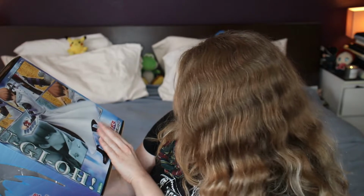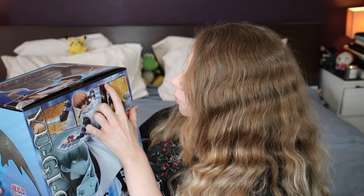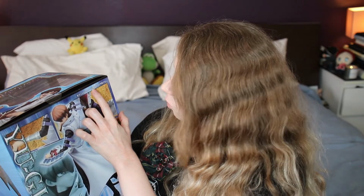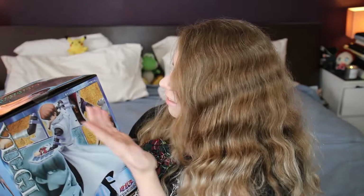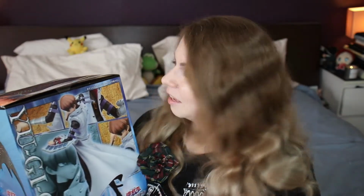Oh, it just says Yu-Gi-Oh! Kotobukiya. And then here it says, Dueru Disku wa, don't know that kanji. So all I got from that is I can only read hiragana and katakana in Japanese. I cannot read kanji, so I'm a lost cause. But what I got from that is that it comes with his dual disc, which is a signature KAIBA Corp